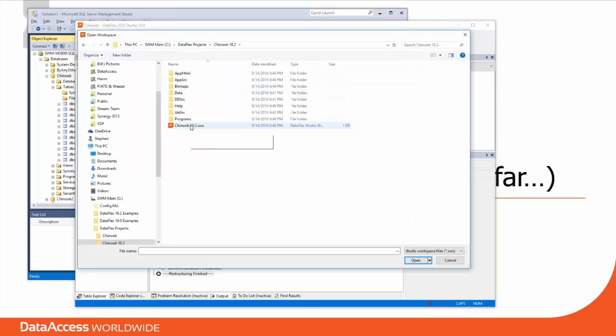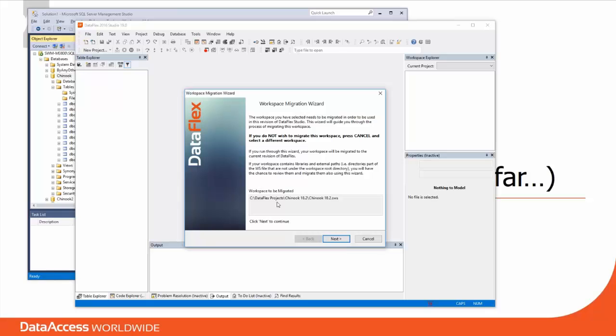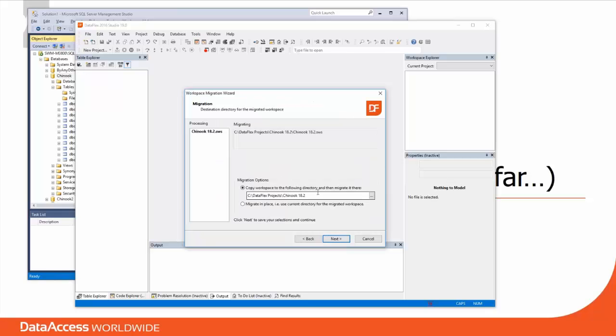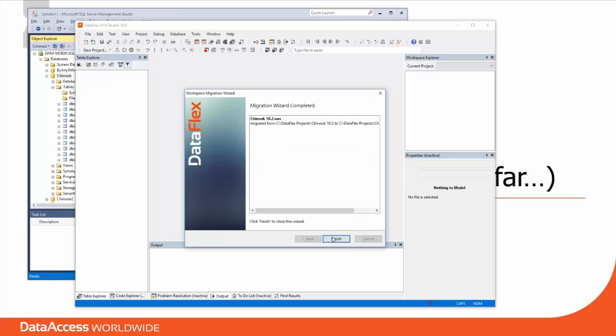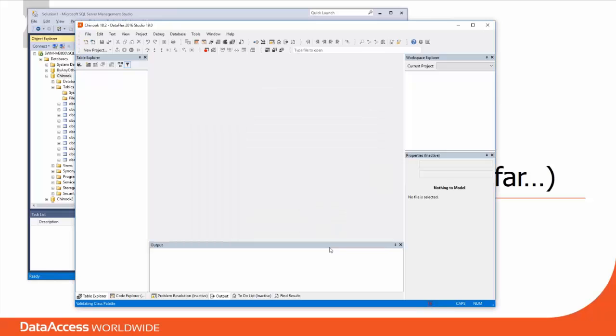And of course, it's an older workspace, so it wants to migrate it. I'll just say do this and call it Chinook migrated. Oops, would help if I didn't have my caps lock on. It's going to do it there. Super simple. So now I've got my Chinook